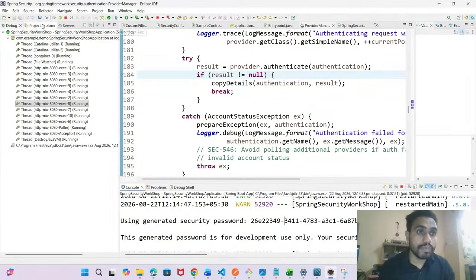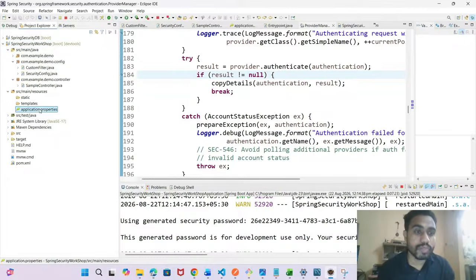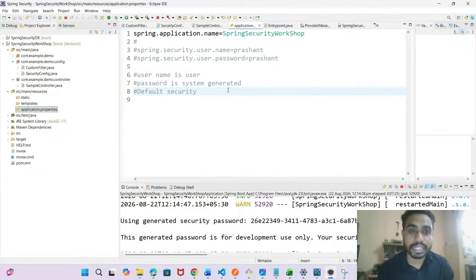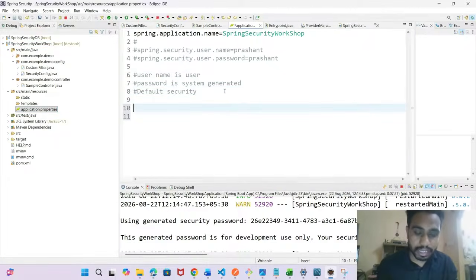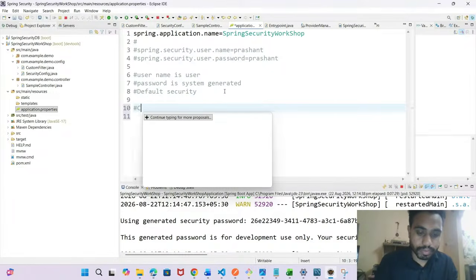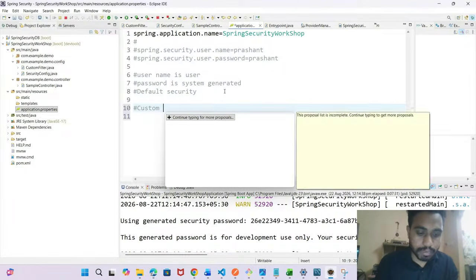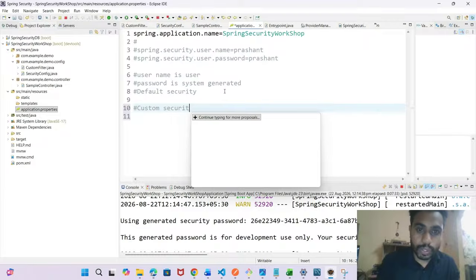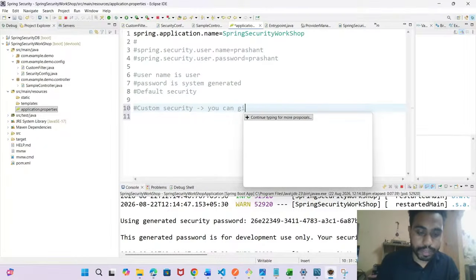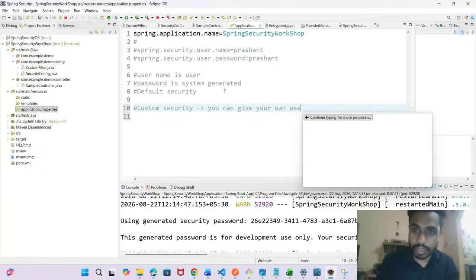Now we'll go for approach number 2. What is that? Custom security. In custom security, you can give your own username and your own password.